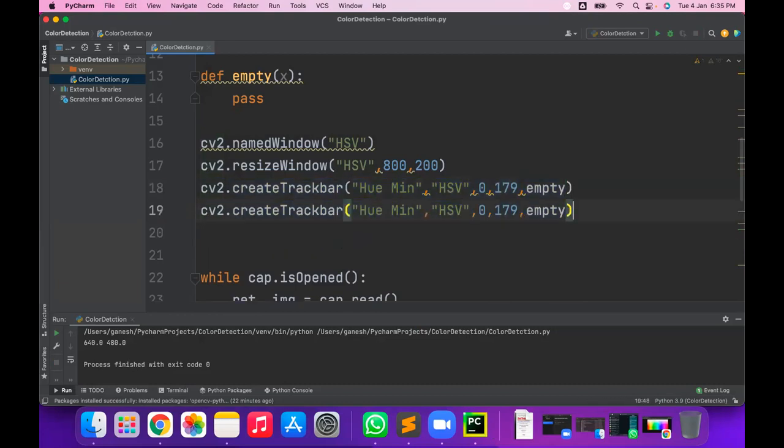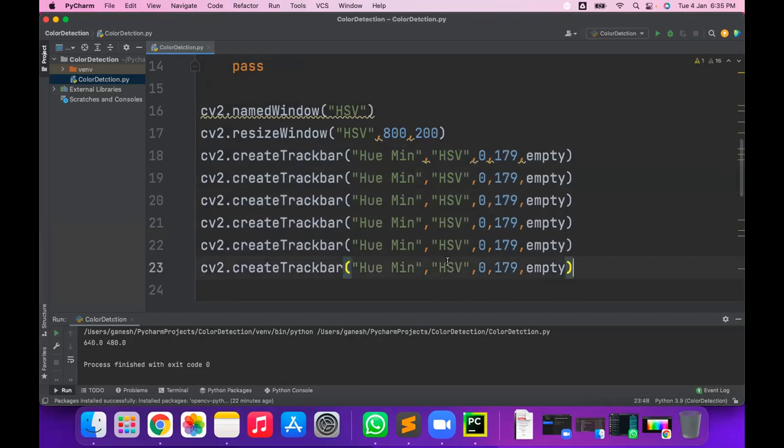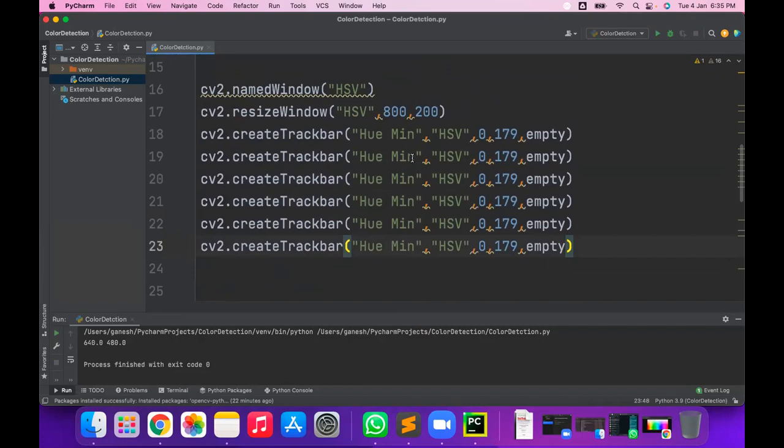Now I want 6 values. What are the 6 values? umin, umax, and the umax should start from 179. The range is 0 to 179, but hmax should start from 179, going downwards. Then the next one is saturation: sat min, then sat max. Then give the names value min and value max.